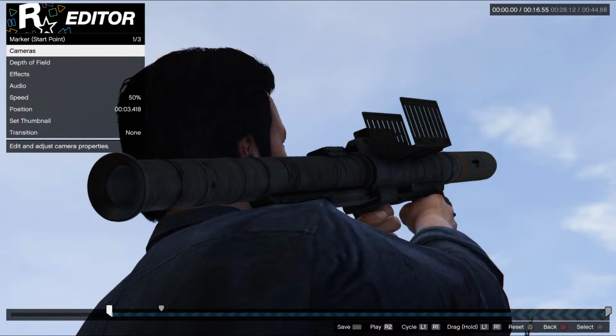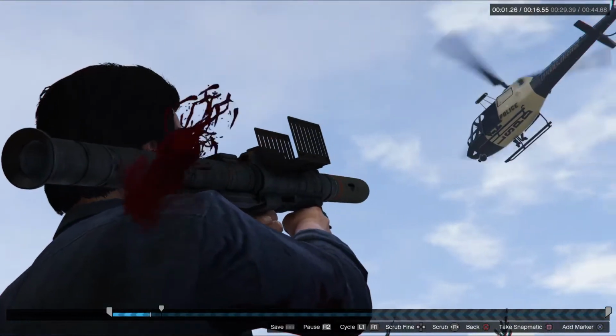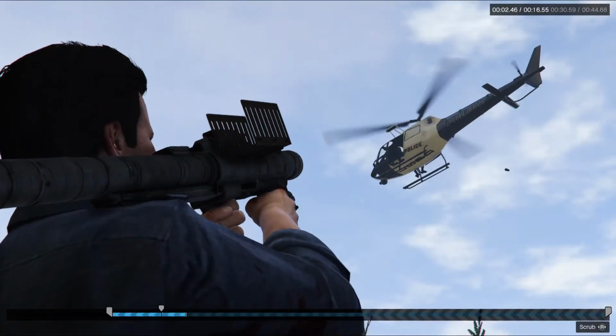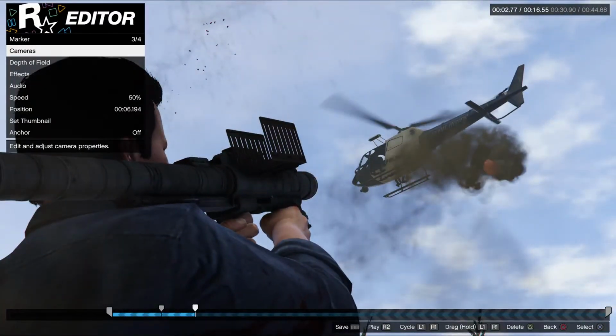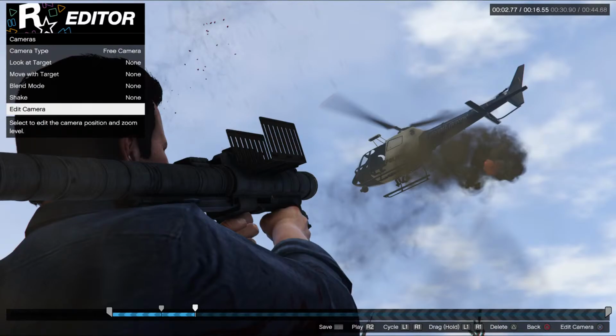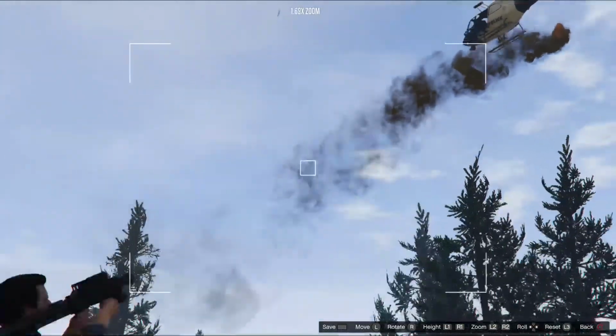This is just a tutorial of the Rockstar Editor, tips and tricks showing how to do some of the basic stuff. So we start with this, we blend in, we show the rocket being fired. We're maybe going to change then. Rocket being fired. We've now added in a third camera angle, edit camera, and now we're going to try to,